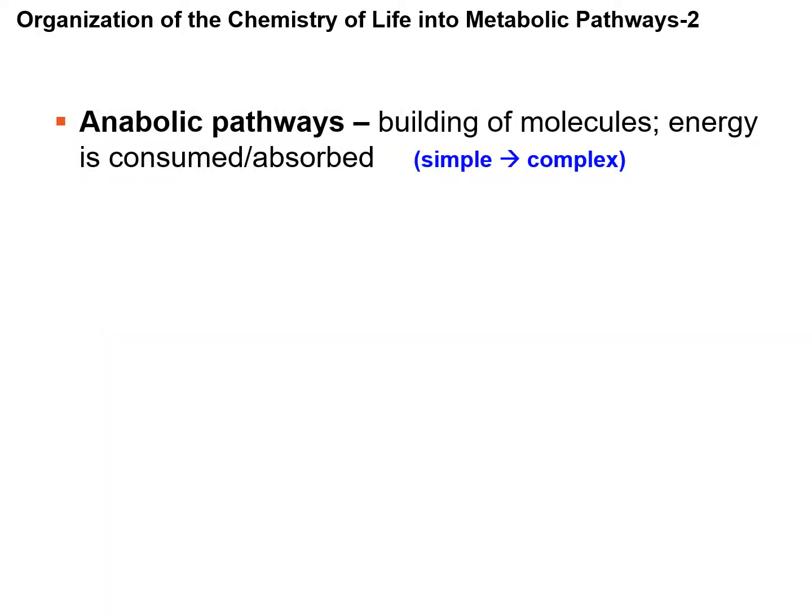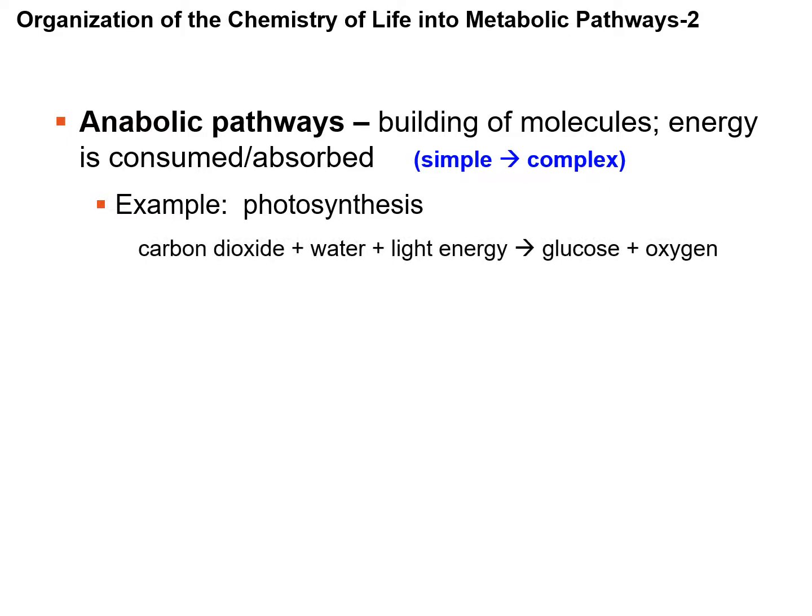Anabolic pathways are the second type of metabolic pathway and can be thought of as the opposite of catabolic pathways. Anabolic pathways consume or absorb energy to build complex molecules from simpler ones. It may be helpful to know that the prefix ana means up, as in the building up of molecules. A major anabolic pathway is photosynthesis, in which carbon dioxide and water, in the presence of light energy, are used